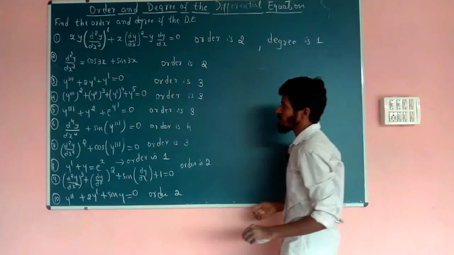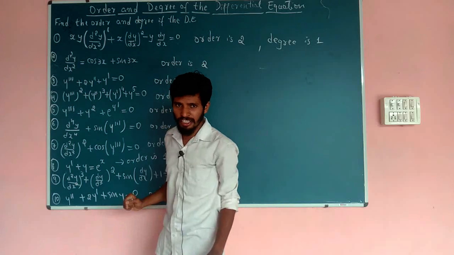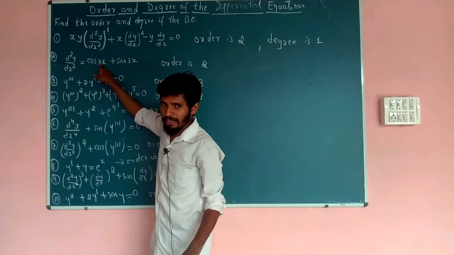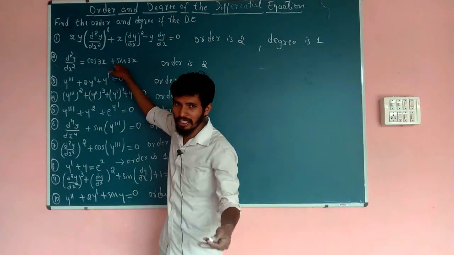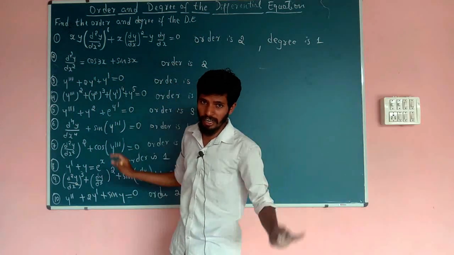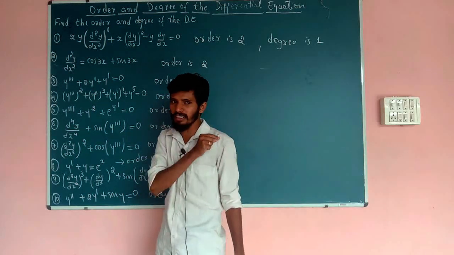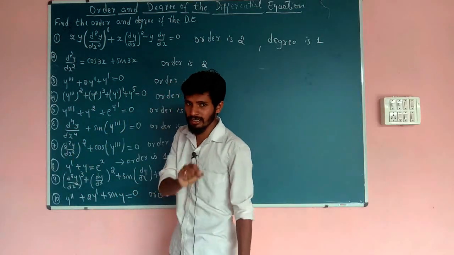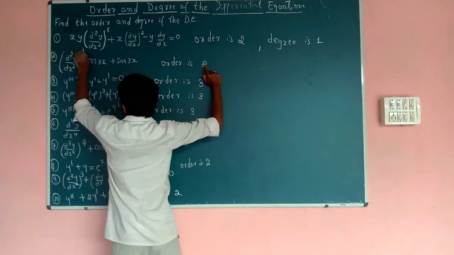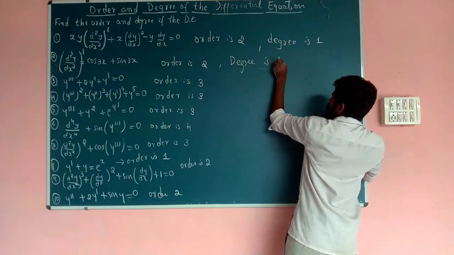1. In the second equation, here there is a cos term, sin term. Is there a sin of the derivative? Here it is sin 3x. There is no sin of the derivative term. Only if there is cos of the derivative or sin of the derivative is the degree not defined. Here it is just cos 3x, sin 3x. Degree is defined. In all other cases, degree is defined. Order is 2, right? The power is 1. Therefore, degree of the given differential equation is 1.